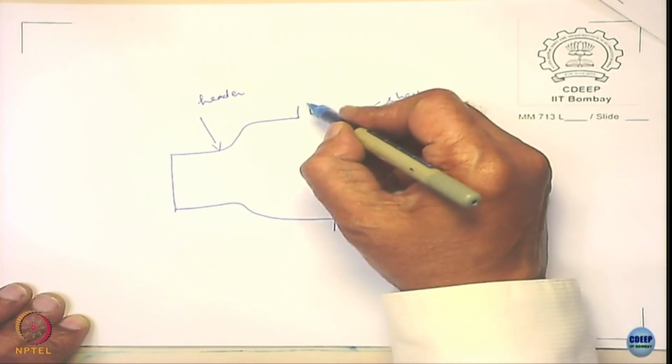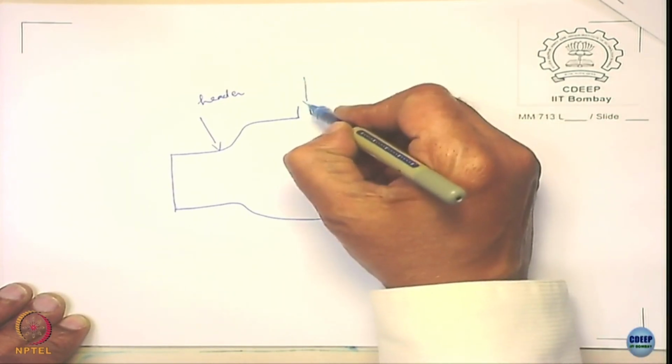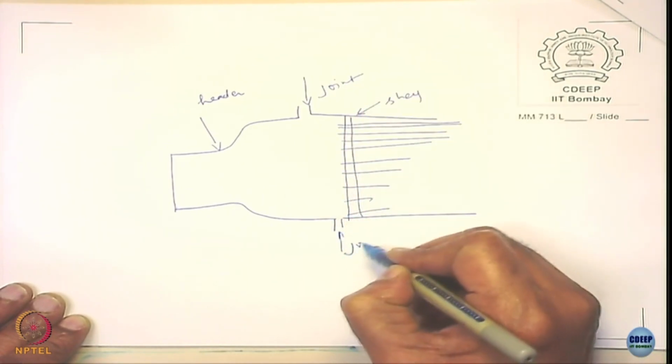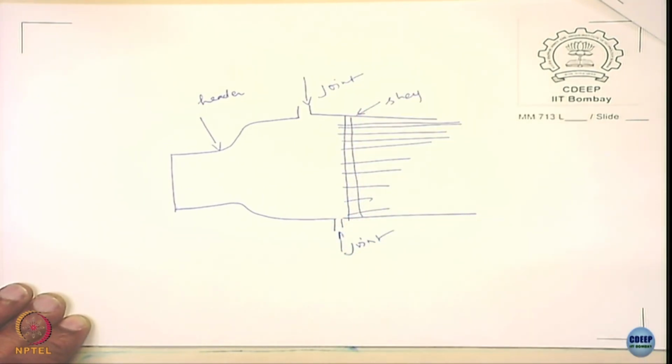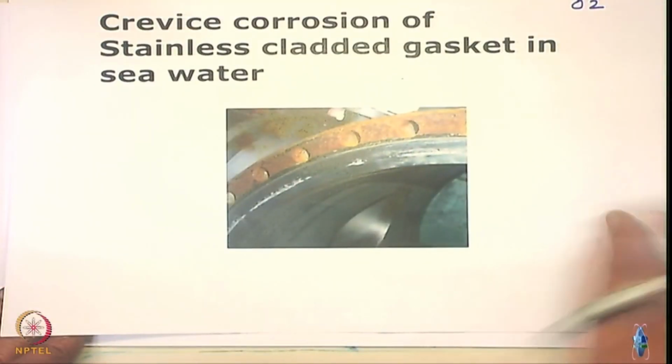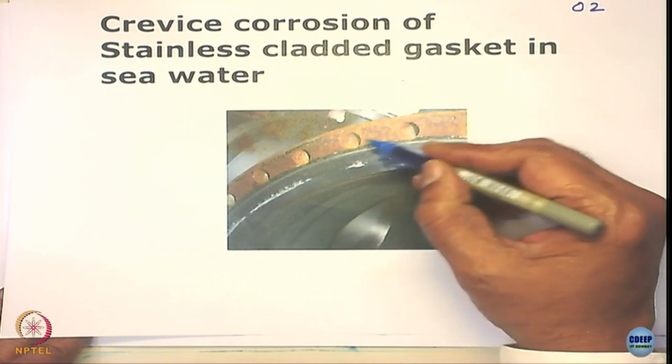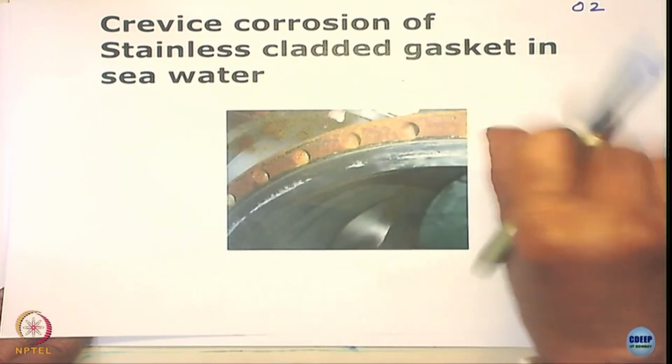So what we are seeing here is this joint. It is a flange, you see these are places where you put the bolts and you fasten that actually, right,